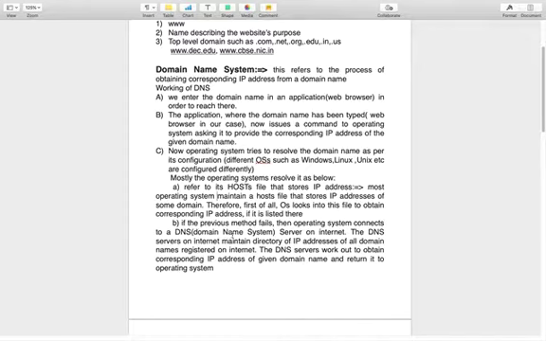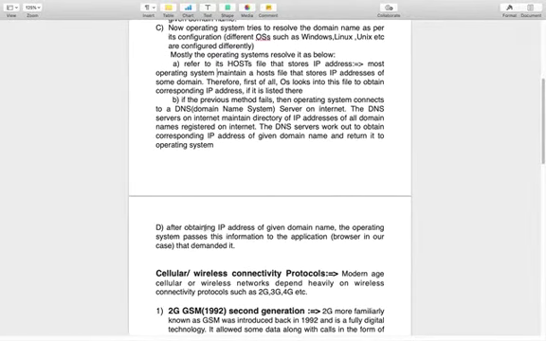But if the file is not there and there is no stored domain name or IP address, then the operating system tries to search for this IP address on the internet. On the internet, all IP addresses are stored in a particular directory. After obtaining the IP address of the given domain name, the operating system passes this information to the application that demanded it.